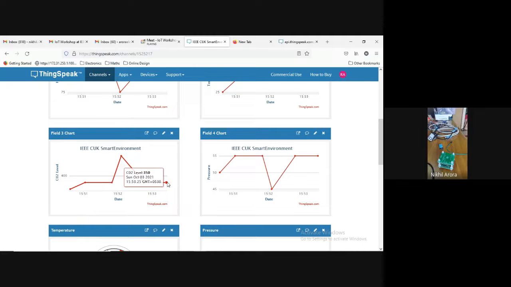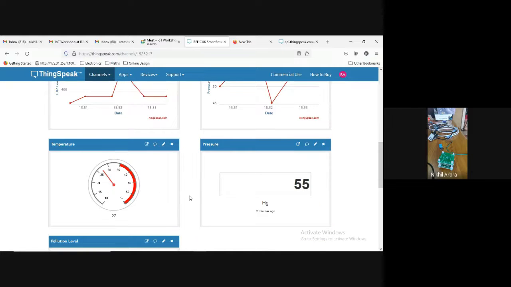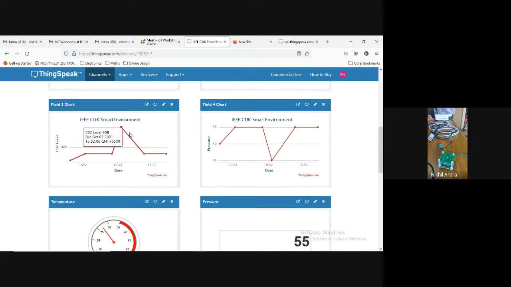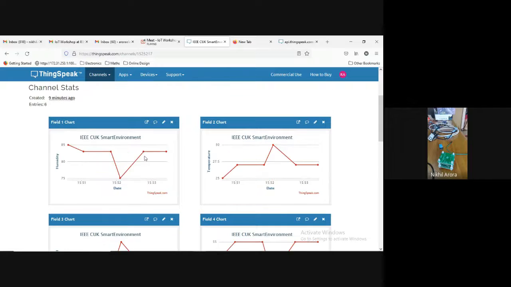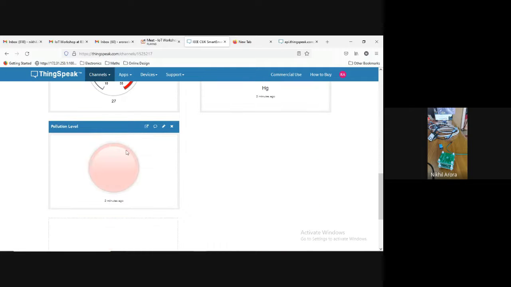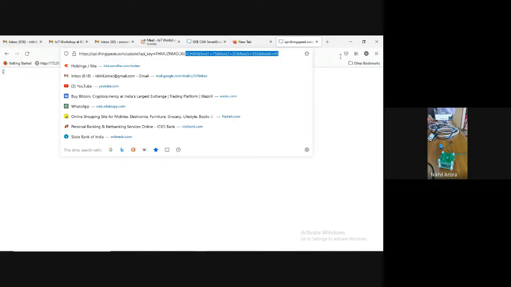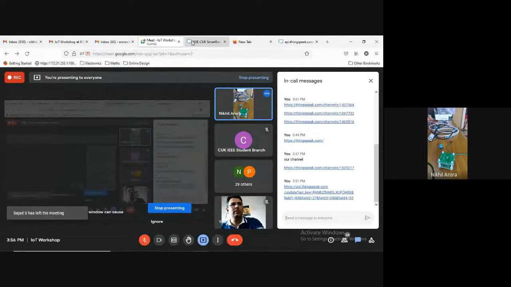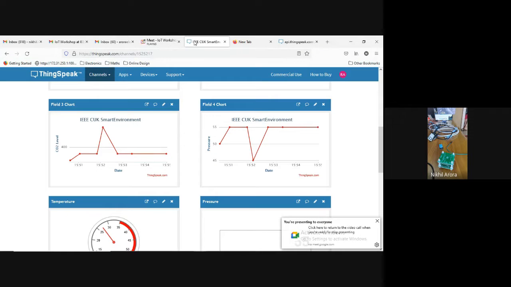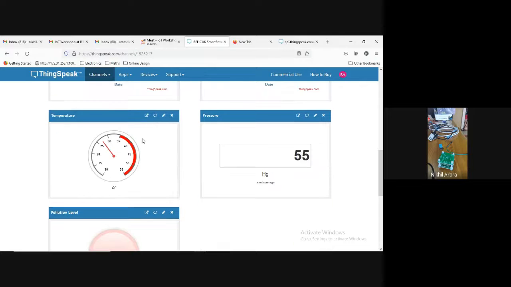Now one of you can send pollution level more than 500. So we can see they can change the field number 4. Sorry, field number 3. Field number 3 is CO2 level. Please change the field 3 for more than 500 value and send data. Then we can see this red light will become on. In this link here, change the value 550 or something like that, 600, whatever you want. Some of you can change the values and update data so that it becomes an interactive session.